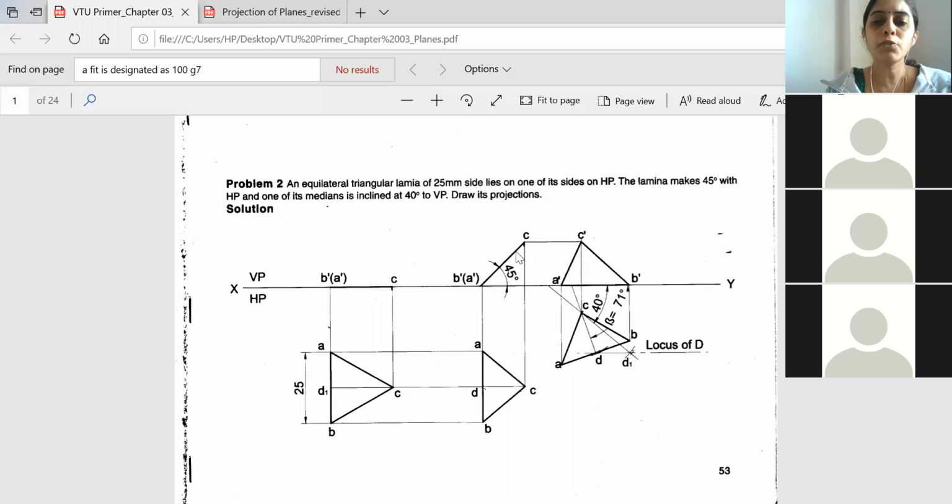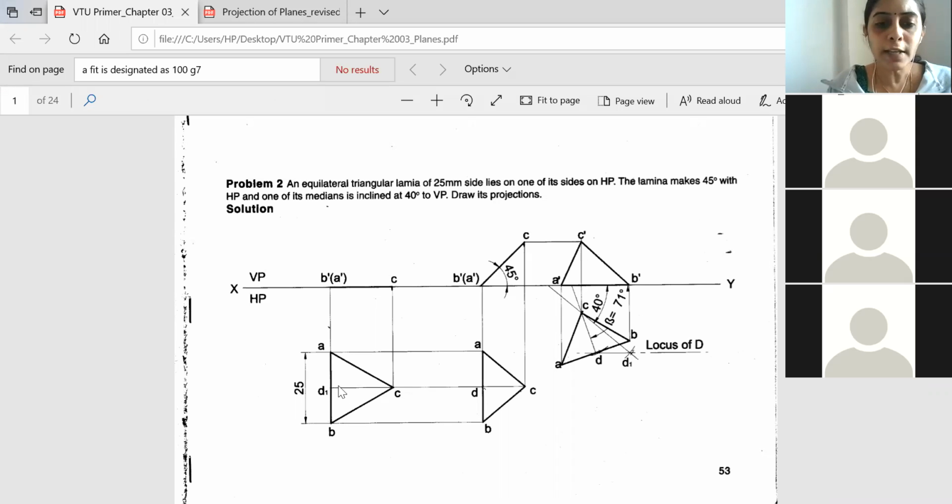And the next step is also, you know what to do. You will take the projection down from the front view, and also you will extend the projection from the top view. So the locus of A is meeting A dash at this point, so this point will be A. Locus of B is meeting B dash at this point, so this will be our B. Locus of C is meeting C dash at this point, so this will be our C. Along with this, you have to join the median. In an equilateral triangle, always the median divides the opposite side into two equal parts, and this will be exactly 90 degree.